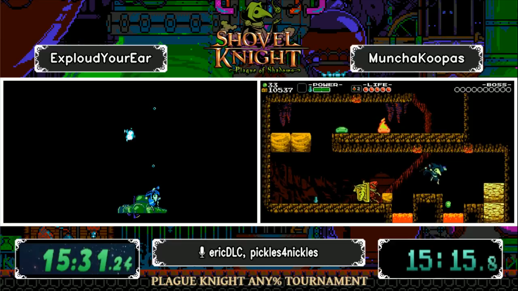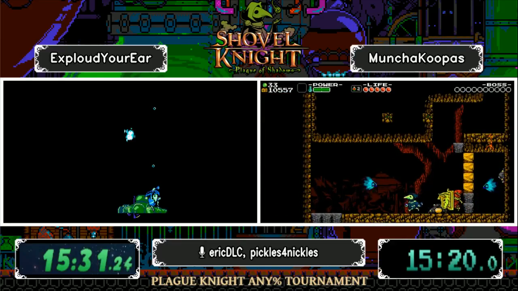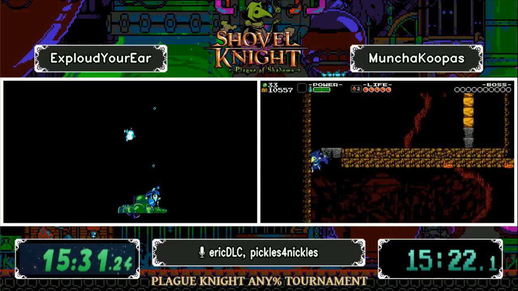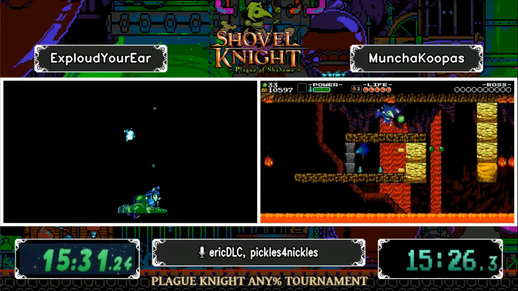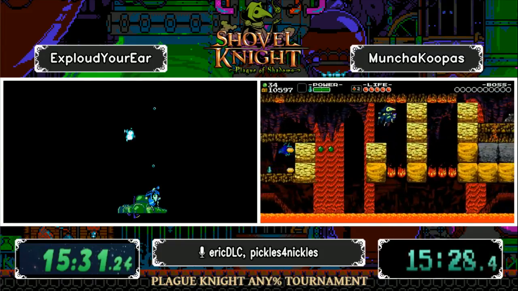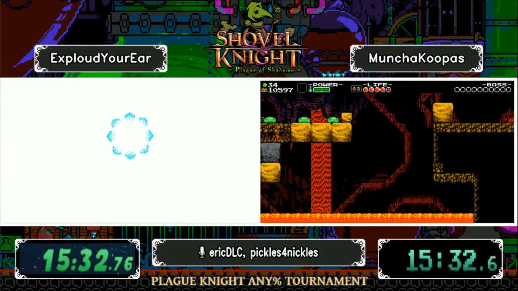So, Muncha's coming up on or doing Lost City right now. We have a lot of names for this level: Lost City, Time Lost City, Lost.jpg City. It's the lava level, and there's 2 kind of big skips to these pseudo auto-scrollers, the beetle skips, which